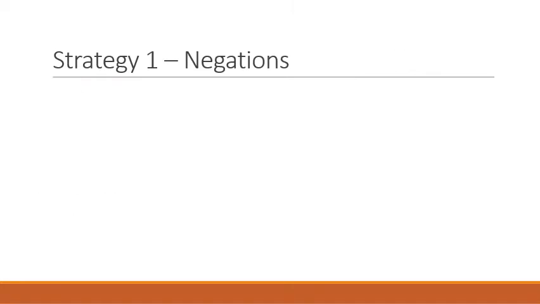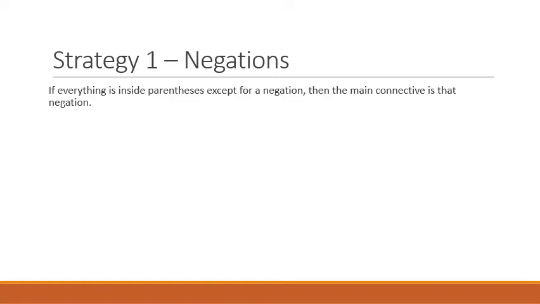Okay, keeping with our discussion of main connectives, negations. Negations are unary operators. It's the only unary operator that we have, which is to say it only operates on one thing at a time. A lot of times you see negations that are just negating one letter, which is fine, but if you're in a situation where the negation is in front of the parentheses, and everything else inside of that sentence is in the parentheses other than the negation, then the main connective